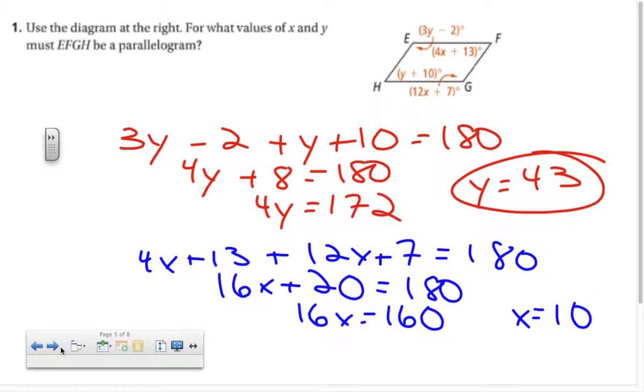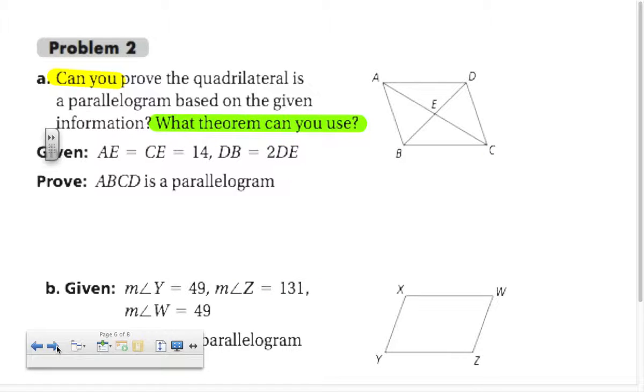Let's do it. Okay, as I said, there's not a whole lot of actual proving that something is a parallelogram, but rather quite a bit of look at the markings, look at the information. Can I prove that this is a parallelogram? So, in problem 2, part A, based on what you are given, can I conclude that this is a parallelogram? Look at the markings, or look at the information, and perhaps use the information to put some markings in the diagram. So, AE is congruent to CE,